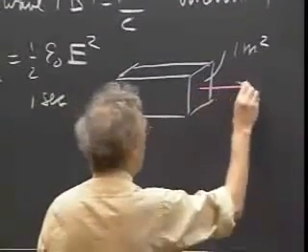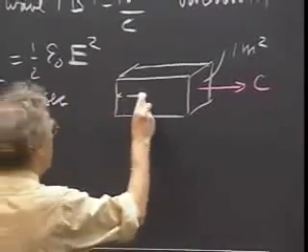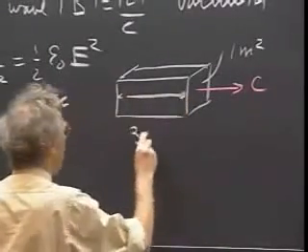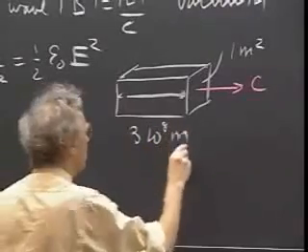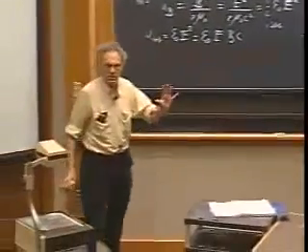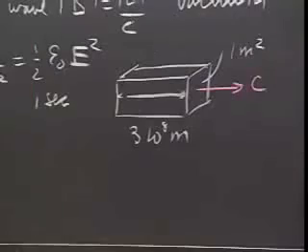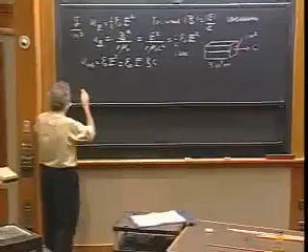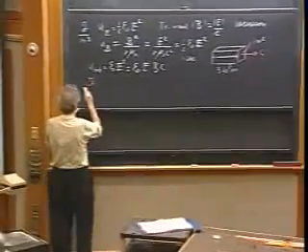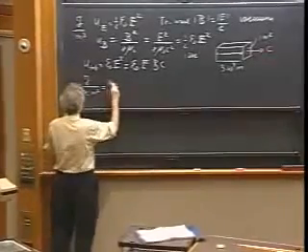So the radiation is flowing in this direction with speed c. So in 1 second, this box is quite a large box, 3 times 10 to the 8 meters. And all that energy which is in there will flow through this 1 square meter in the time of 1 second. And so the dimensions that we're talking about now is joules per second per square meter,